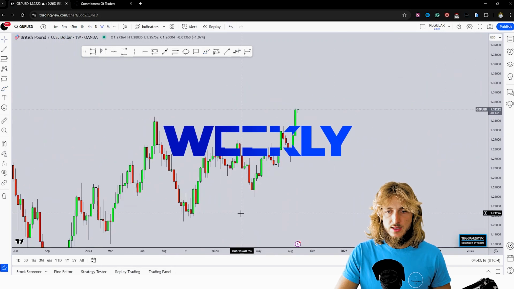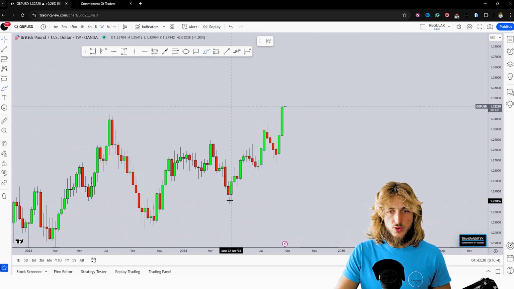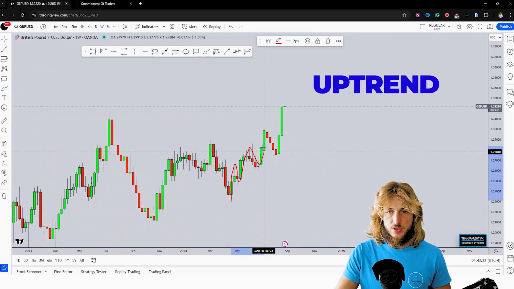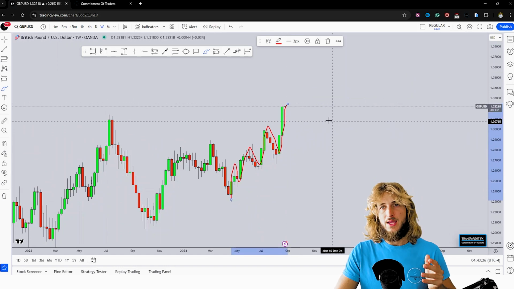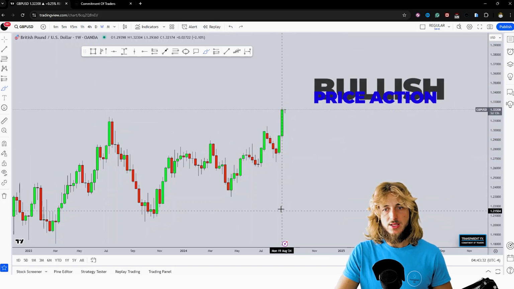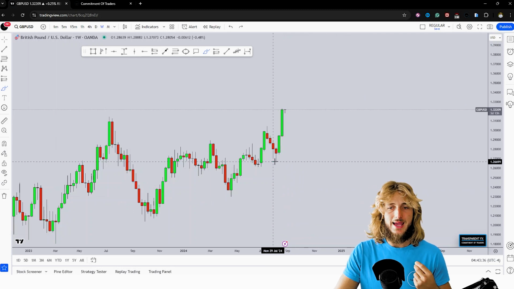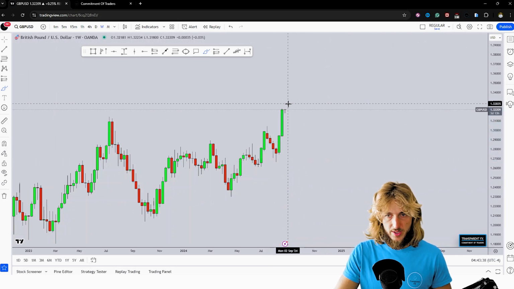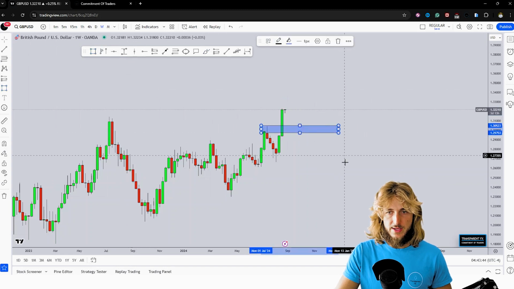Now, from a weekly standpoint, the situation is quite clear. What we can notice is that the market has currently been moving in an uptrend, creating a series of weekly higher highs and higher lows. Now, in a situation like this, there is definitely the possibility of seeing more potential bullish continuation being created away from this level. We can also notice that as the market has created a new impulse to the upside, if from here the market is to correct, the first important structure level that the market would face is this one here,